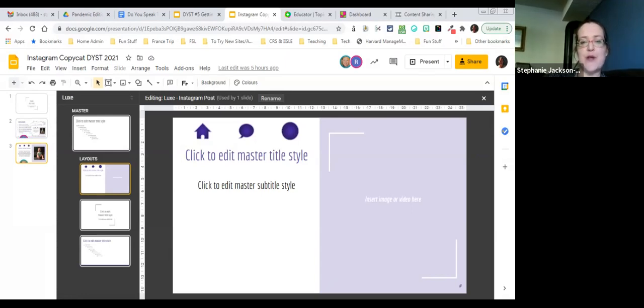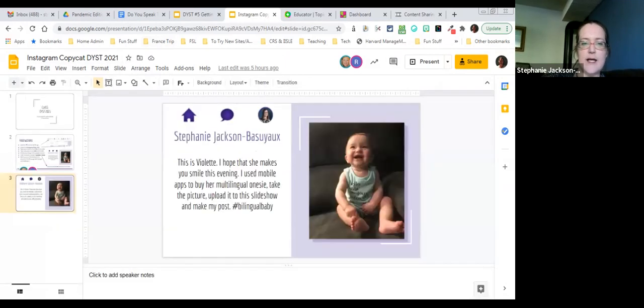And then the circle was for if the kids wanted to add their own image or profile pic or something. So I added mine in there. And so you'll see, I also deleted all the rest of the slides. So when you go to the little down arrow, there's the title, instructions, and Instagram post. So I did that all in the View Master and changed it.